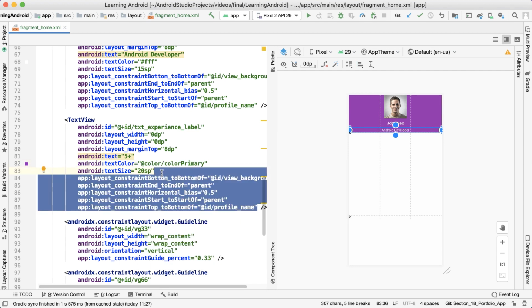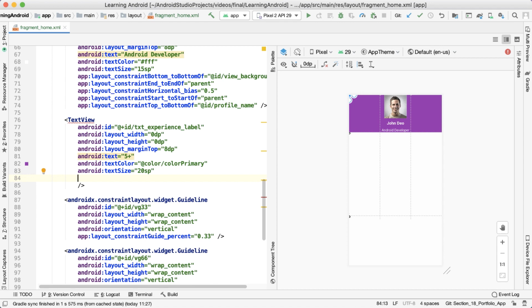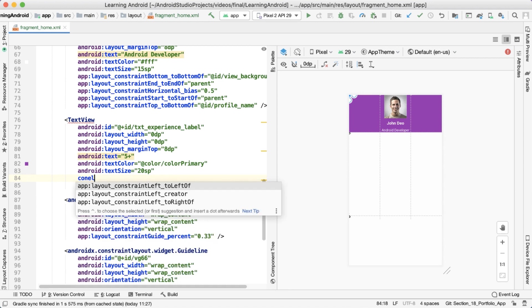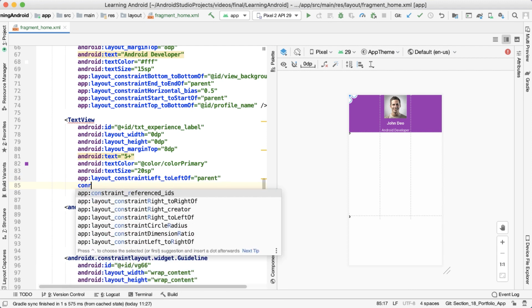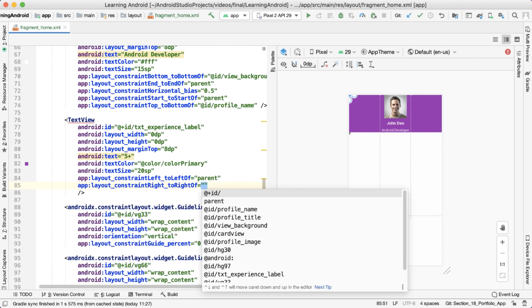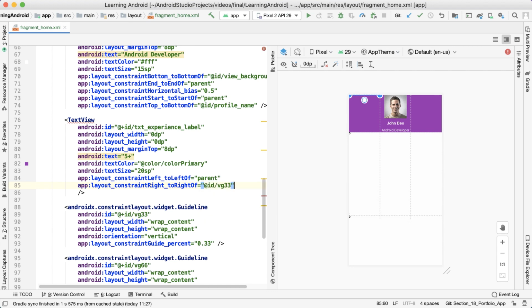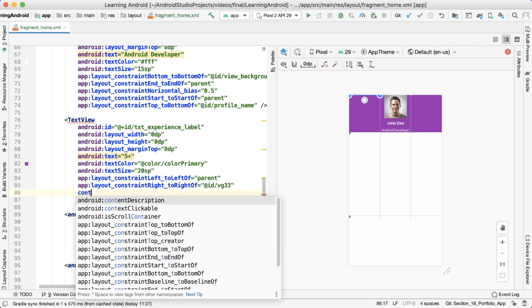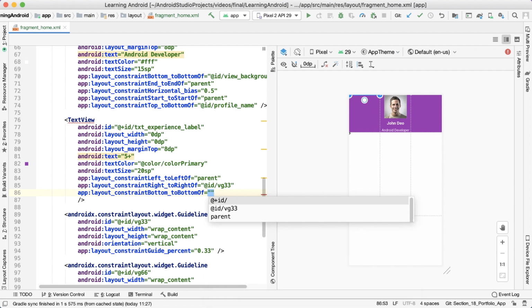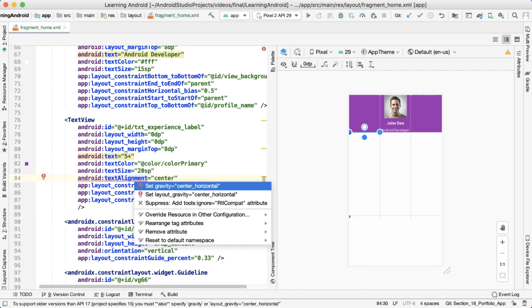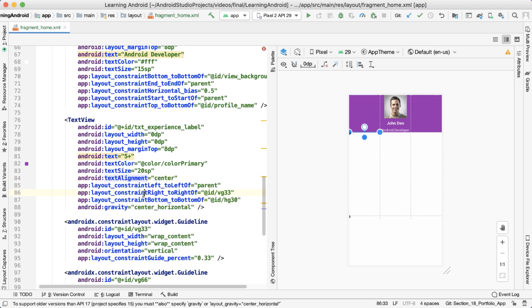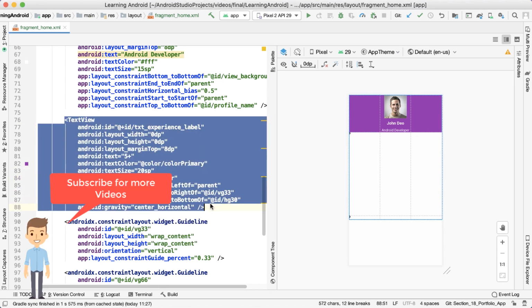And let me remove all of this constraint from here, and we're going to add the new constraint. So let's say constraint left to the left of parent, and constraint right to the right of our vertical guideline 33, and we're going to say constraint top to the bottom of our horizontal guideline 30, and let's say text alignment as center, and it says we need to add layout gravity as well. So alt and enter and set gravity as center horizontal,